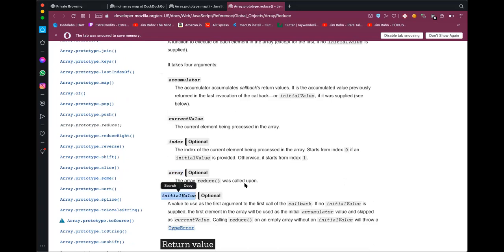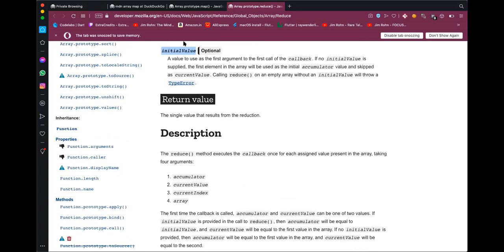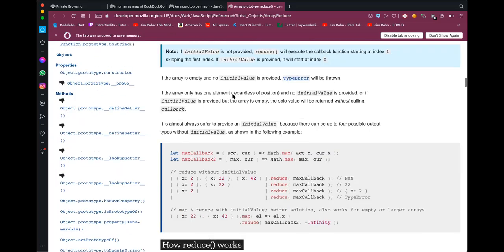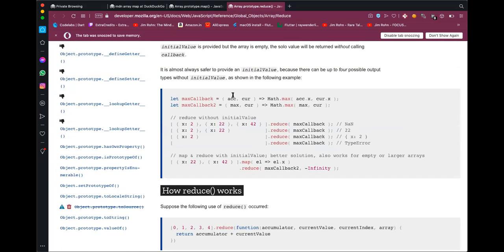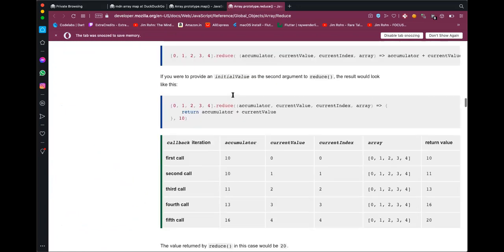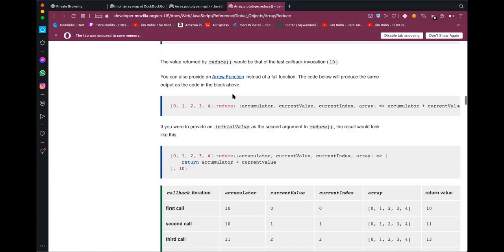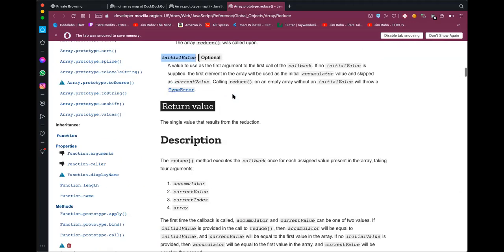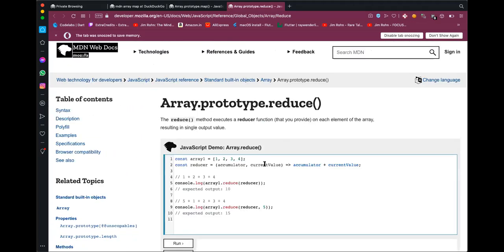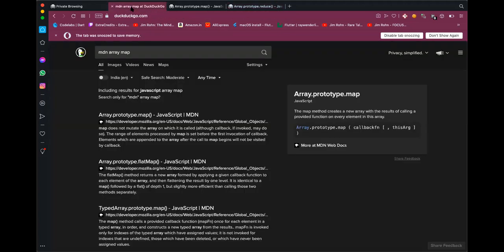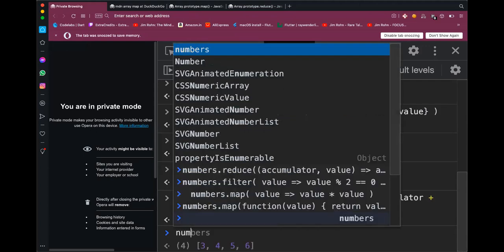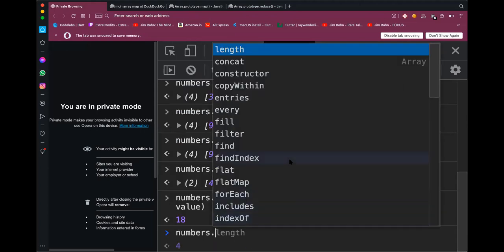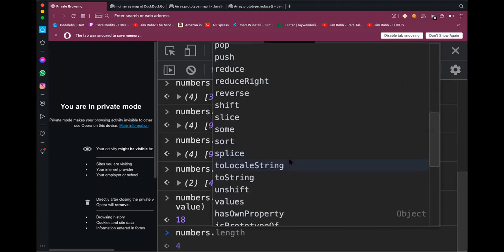Accumulator, current value, index or array, index and initial value. So you can set the initial value. Sometimes setting the initial value is a little bit useful when I am doing some operations. If you need it, then only worry about it, or else don't bother about it right now. But these two variables are important, the accumulator and the current value. This helps the reduce method. So we covered map, filter, reduce. There are a lot of methods, guys. As we use them, we will get familiar with them.